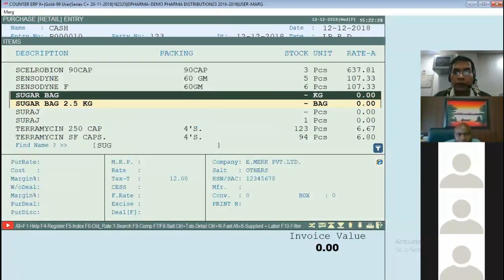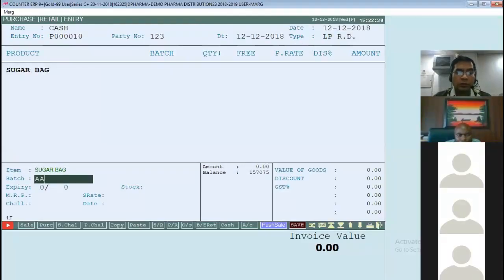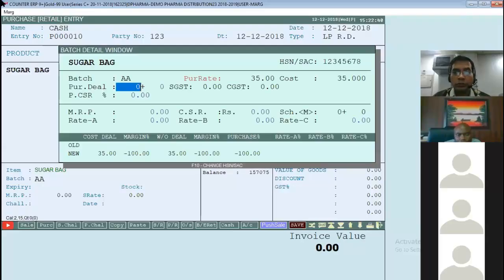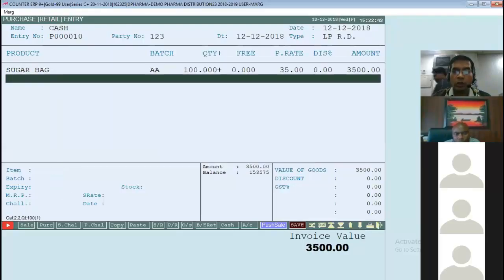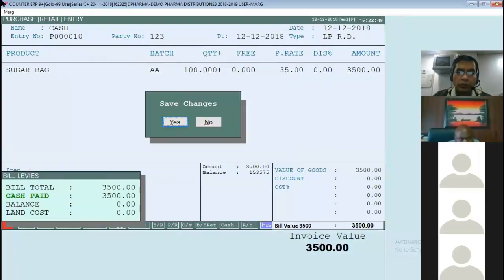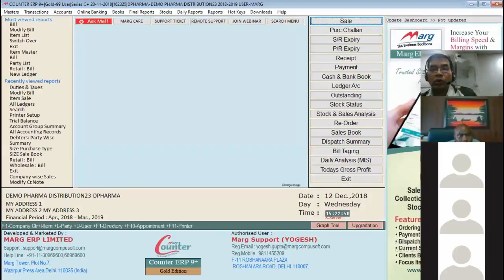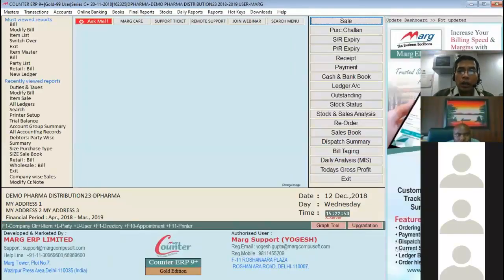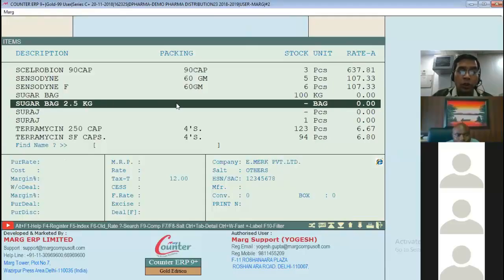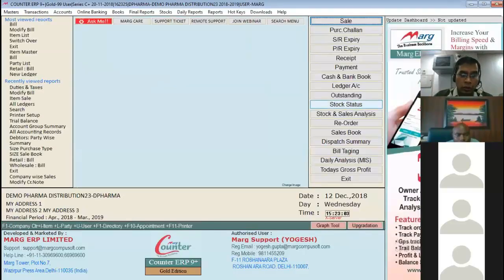Sugar bag, I purchase 100 kg sugar at the rate of 35 rupees. Control W. Save it. Now next option. I go to inventory. Look, sugar bag 100 kg, but there is no sugar bag. So what I'll do,